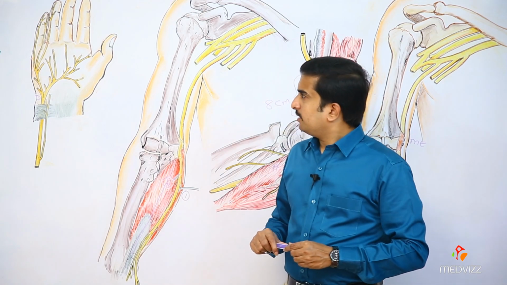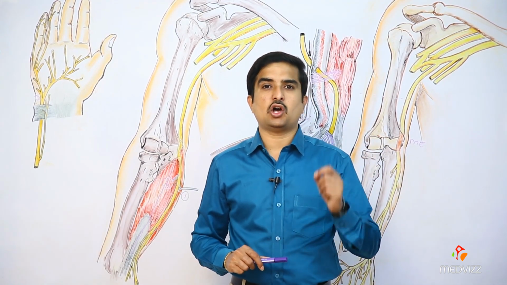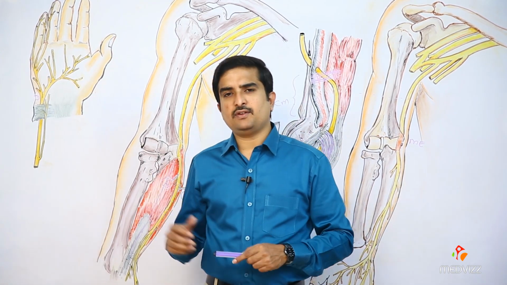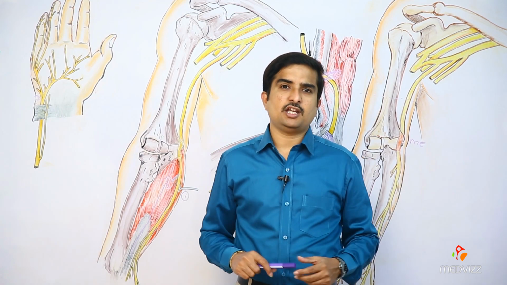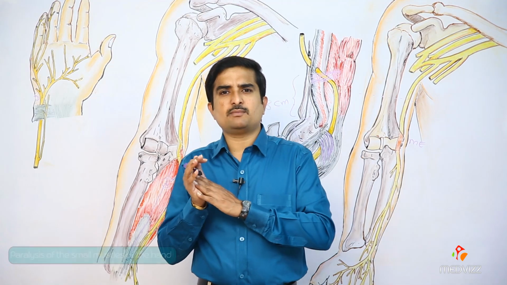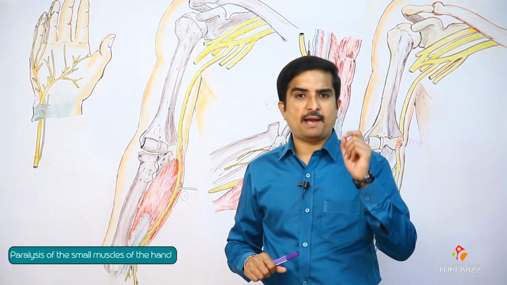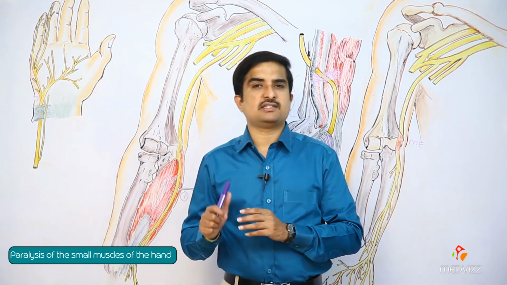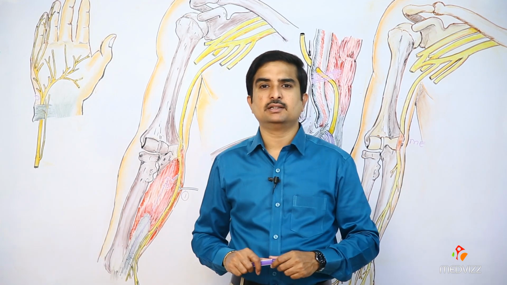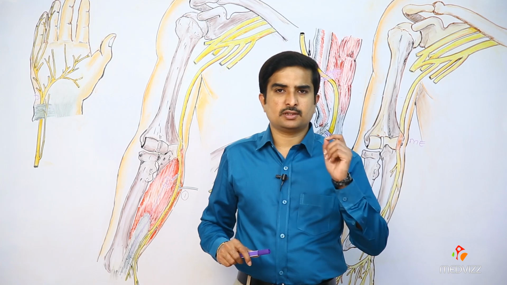Next, flexion of the ring as well as little fingers is lost because of the denervation, and mainly it is giving innervation to the 8 interossei, that is dorsal as well as palmar interossei. These are called the small muscles of the hand. Here the small muscles of the hand will be paralyzed except the muscles of the thenar eminence, because the muscles of the thenar eminence are innervated by the median nerve, and also the first two lumbricals are innervated